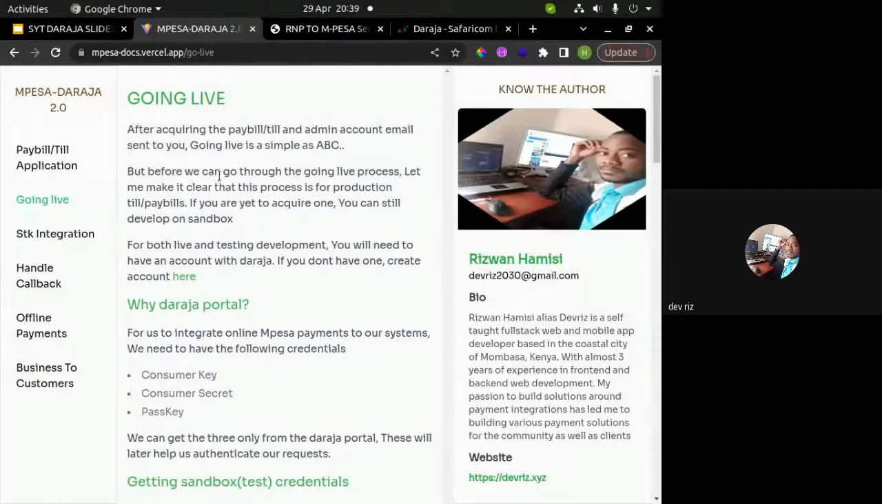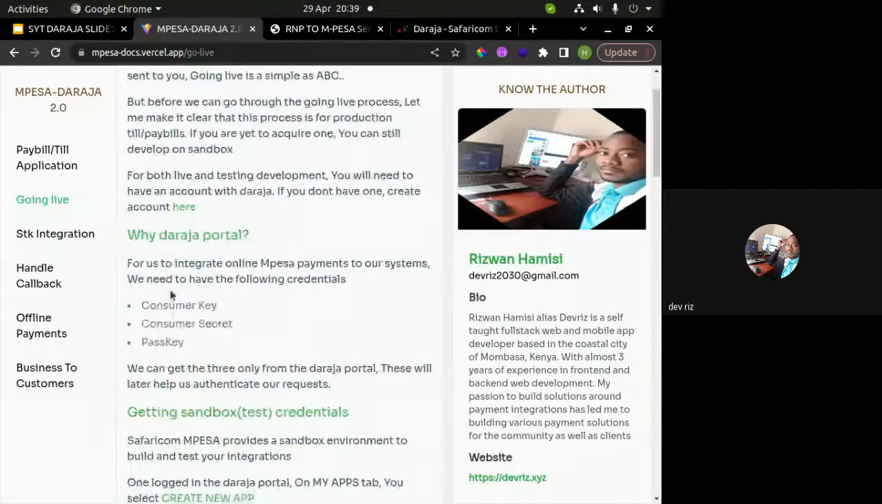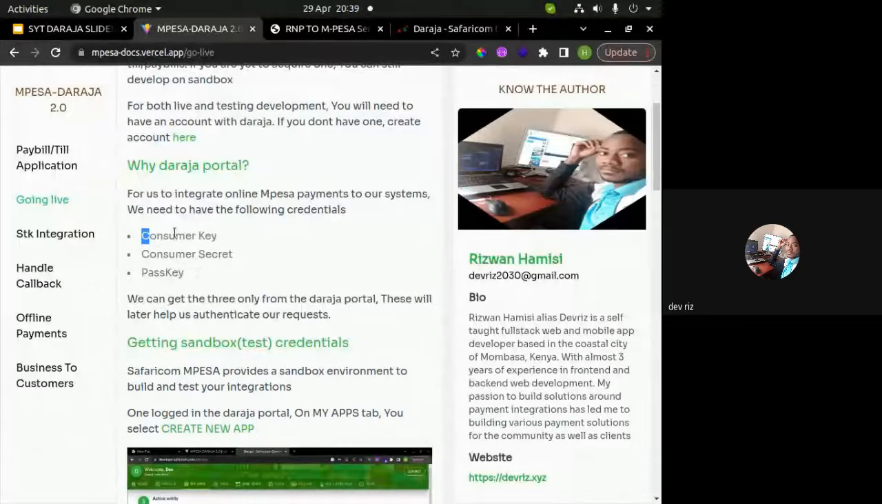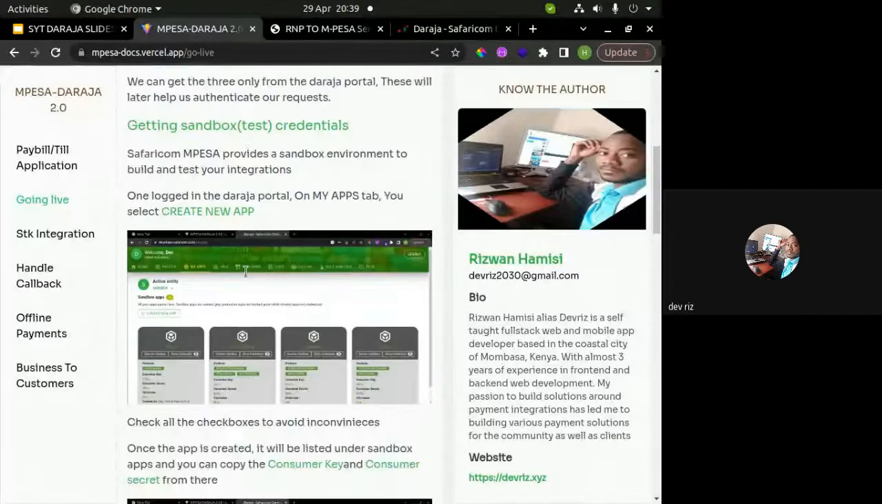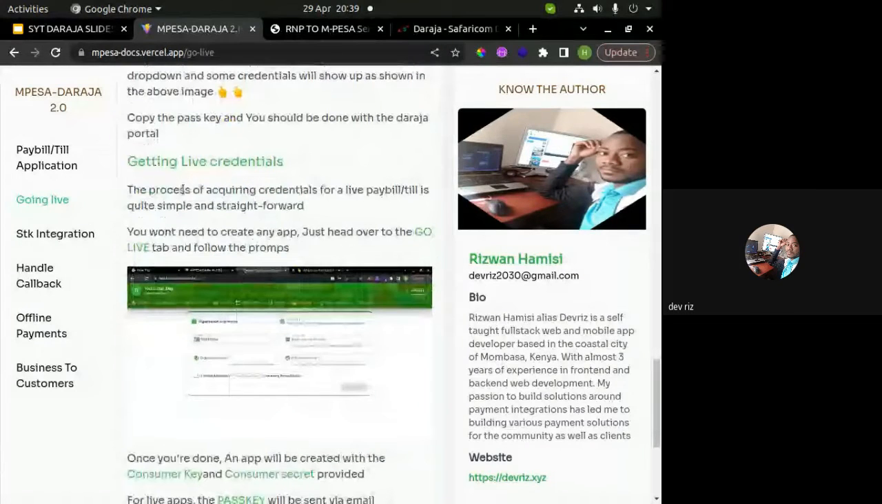So you have to go to the Daraja portal, you create an account. Then at the end of it all, we must get the consumer key, the secret key, and the pass key. So if you're using Sandbox, I've provided some guide on how you can create or get those 3 credentials. If you're using a live pay bill, then that is simpler because you just go to the portal. So when you log into that portal,